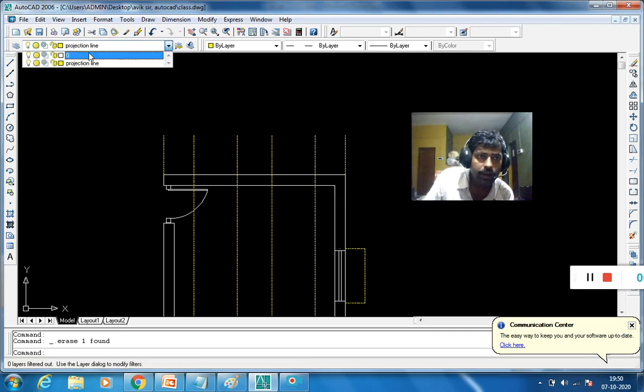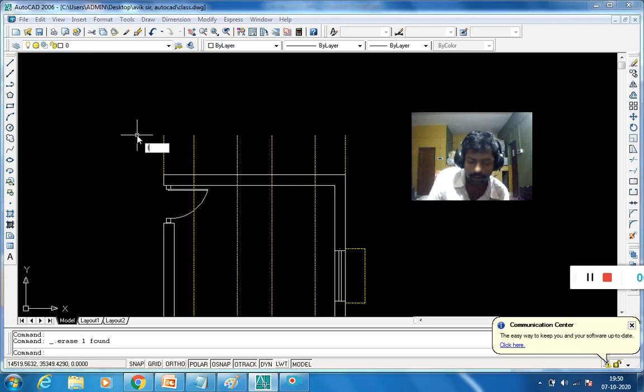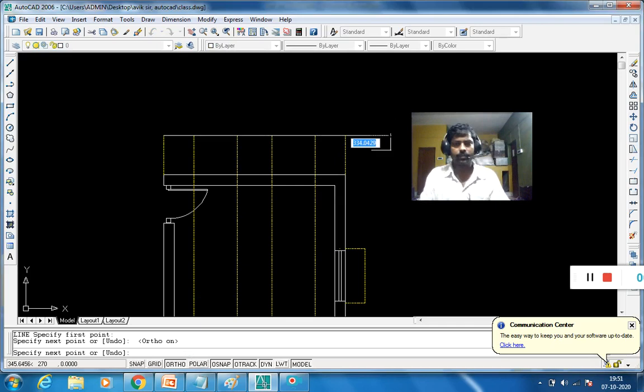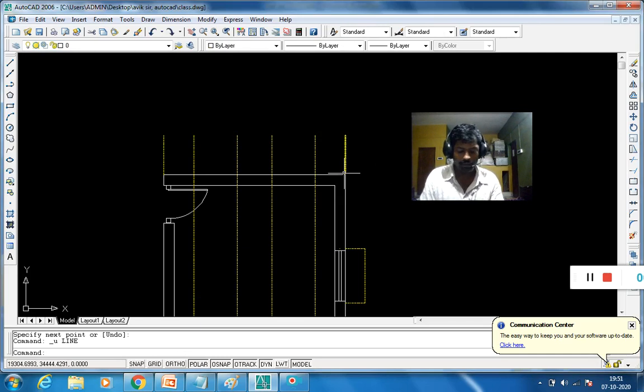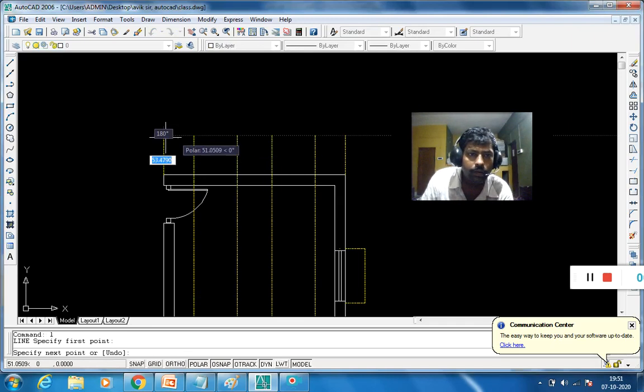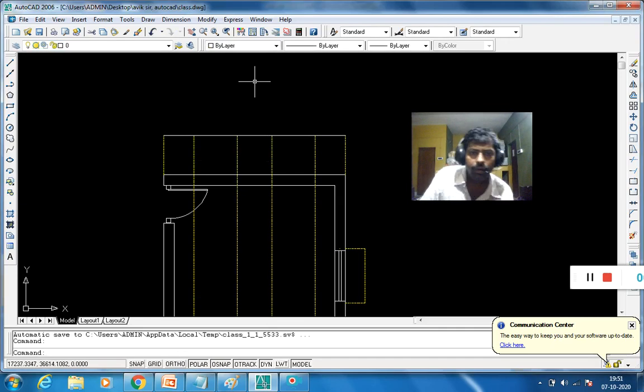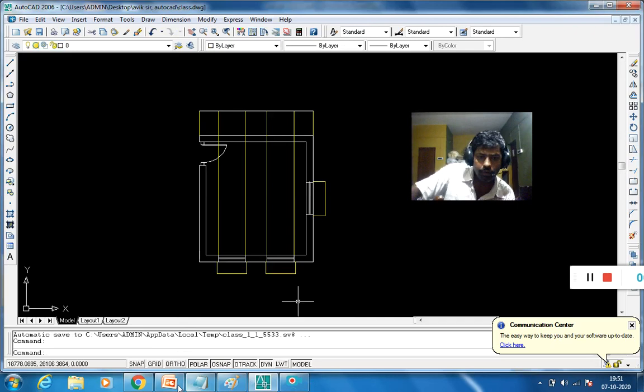So I choose the layer 0, and L, enter. So switch on the ortho mode.